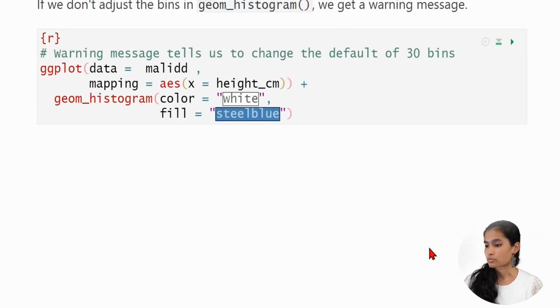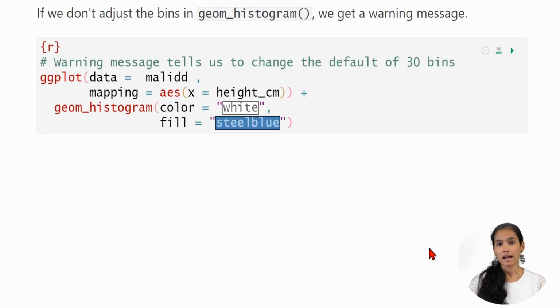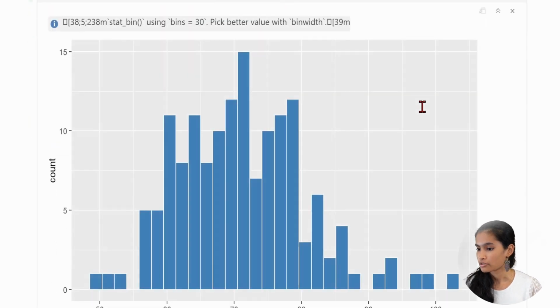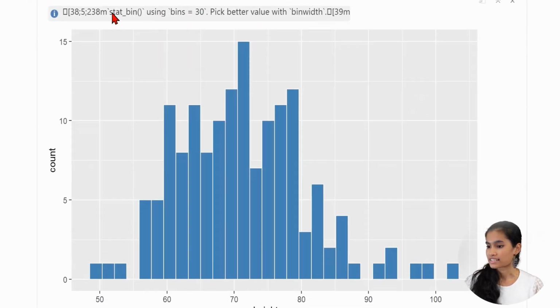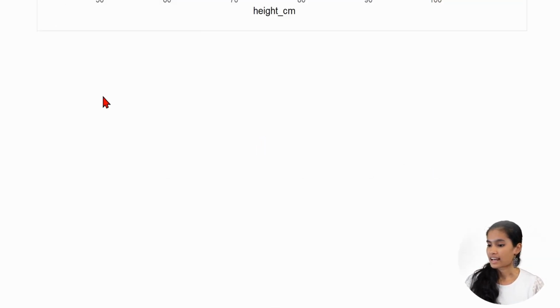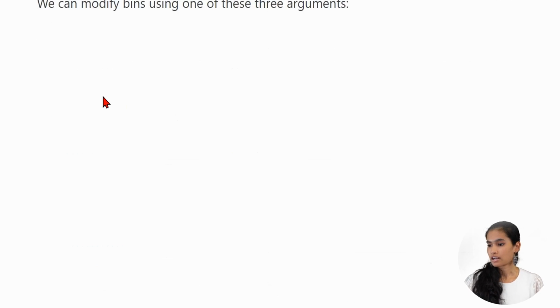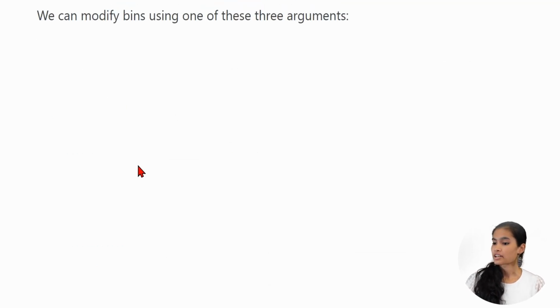Do you remember the warning message we got earlier? I'm going to recreate that here by just plotting the same code, and we get this warning that says stat_bin using bins = 30, pick a better value with binwidth. This is telling us that the default value of bins is 30, and we can modify that using three different